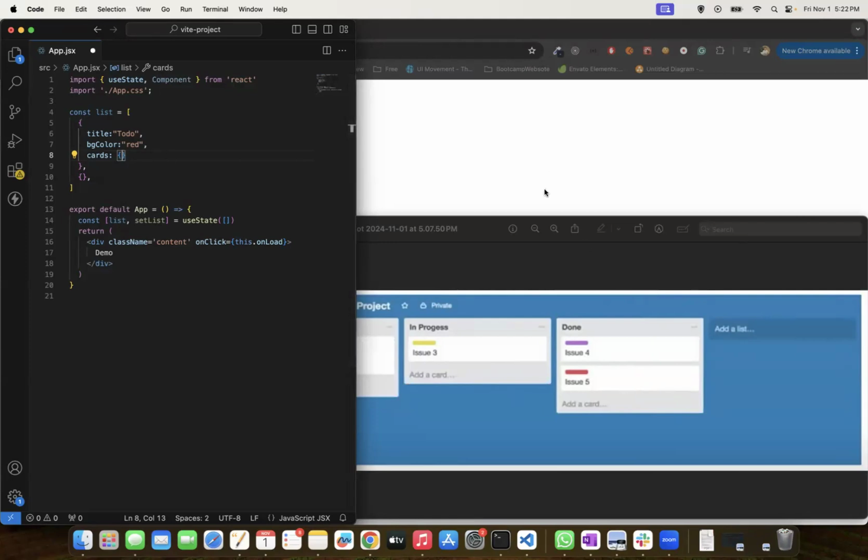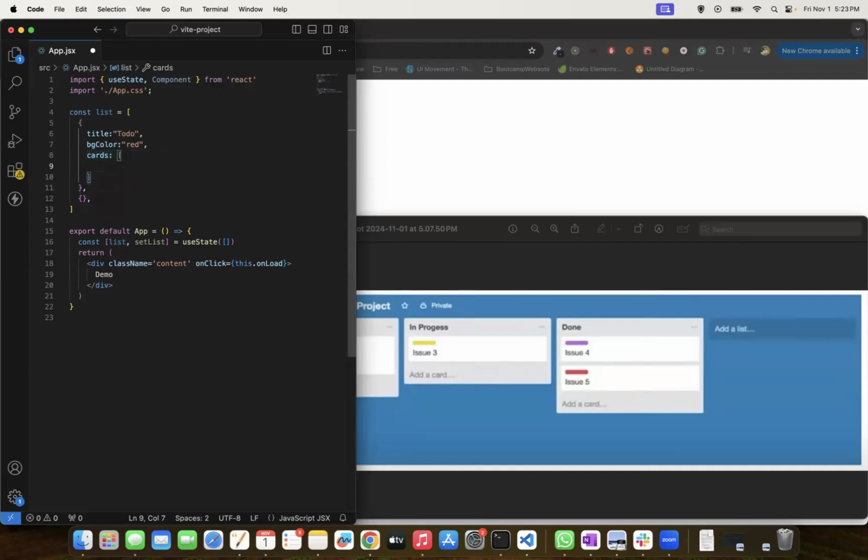So if you see that cards could be more than one, right? Similar cards. For similar data, more than one, which data structure do we have to use? Which data type? Oh, you mean the array? Yeah, we have to use an array, right? So it'll be easy to map it. So cards will be an array and inside we'll have